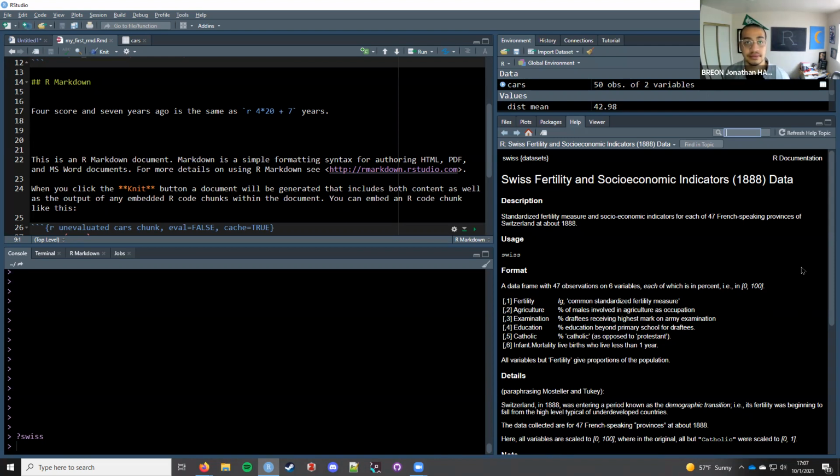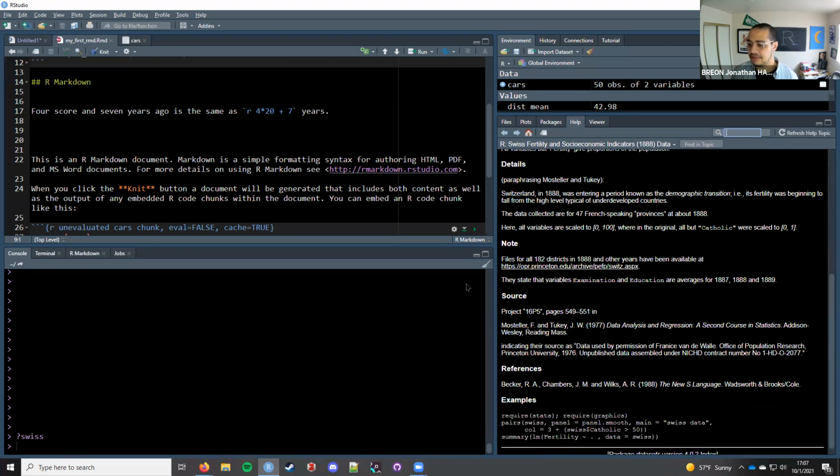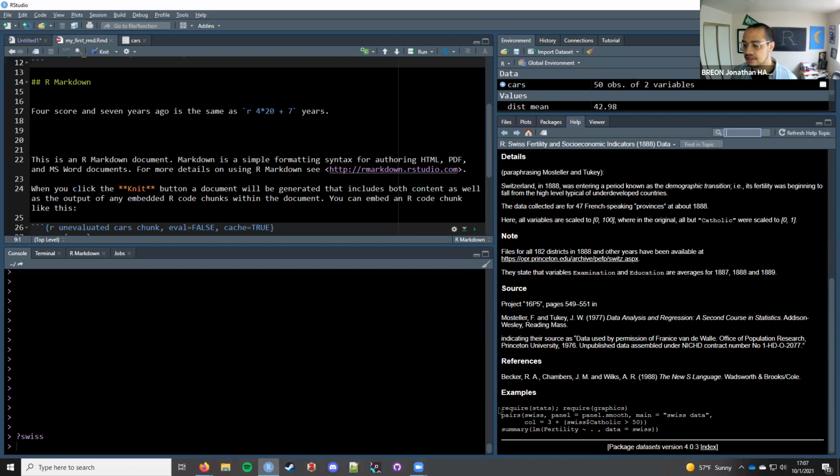Okay. Makes enough sense. We have a few things like the common standardized fertility measure, the percentage of males involved in agriculture as an occupation, et cetera. And then a little bit about where they got this data from. And this provides a little bit of an example of things you can do with the Swiss data set.